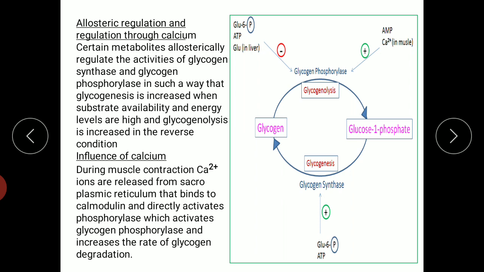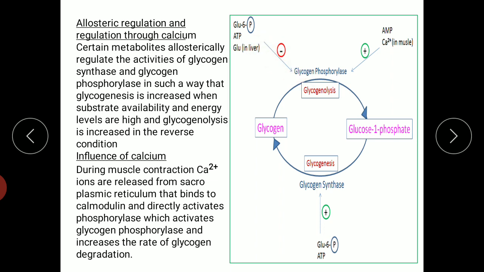It's a diagrammatic representation. High ATP level and high availability of glucose 6-phosphate, etc. Also glucose in liver, in case of liver, glucose will negatively affect glycogen phosphorylase. Imagine you have more ATP, so energy is not needed. You have higher concentration of glucose or higher concentration of glucose 6-phosphate. All these situations will